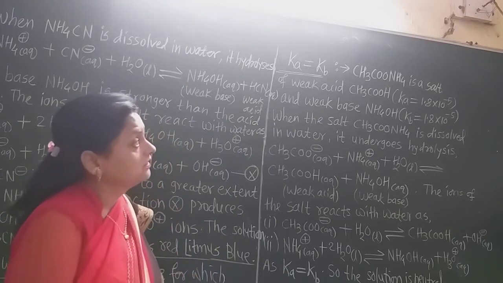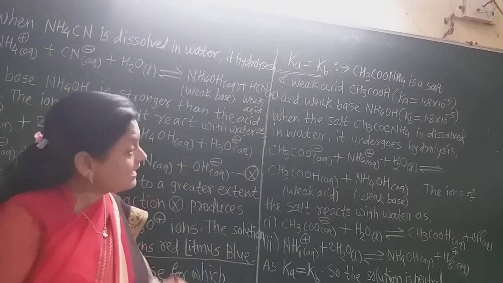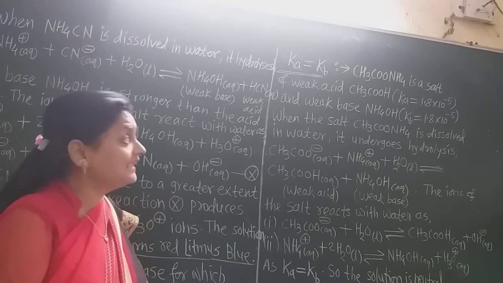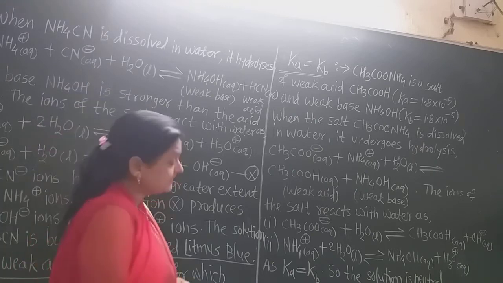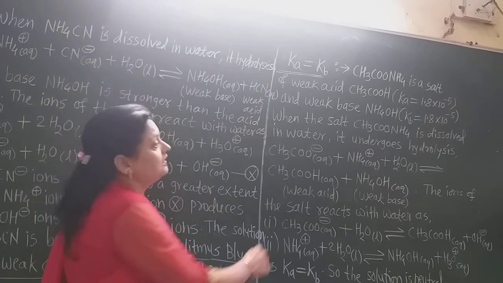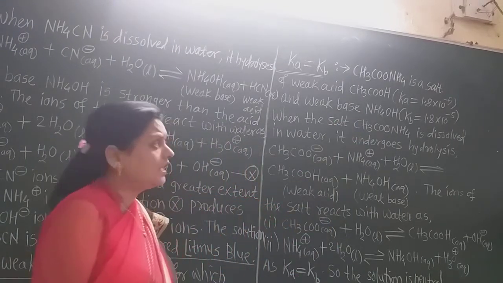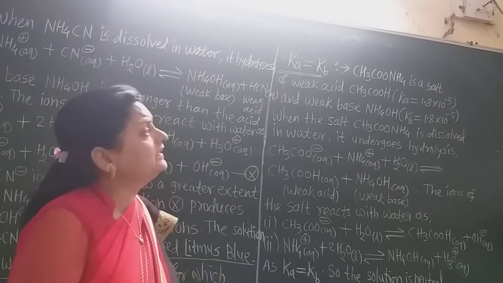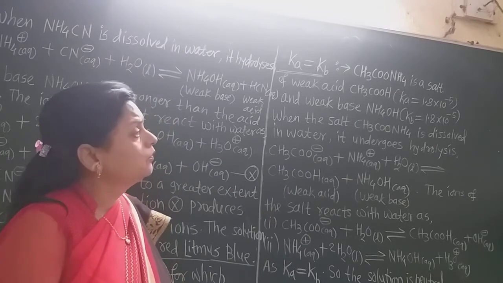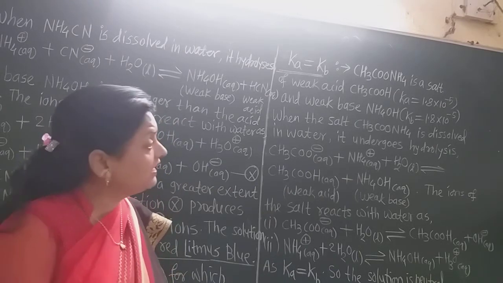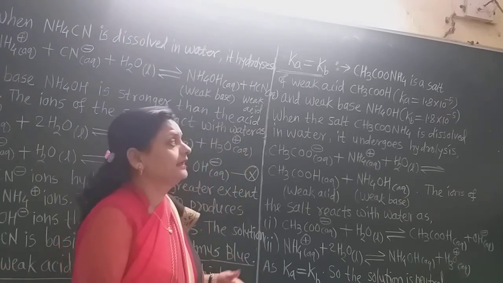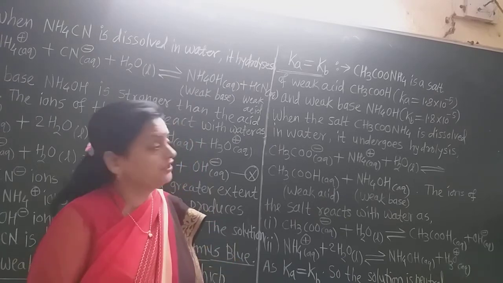Then acetic acid and ammonium hydroxide react together. There is a neutralization reaction, and there is formation of salt, ammonium acetate, and water. The acid gives H and the base gives OH, and there is formation of water and this ammonium acetate. As the acid is an organic acid, we read the salt from the back side, that is, ammonium acetate. In this, both the values of Ka and Kb are equal, and that is equal to 1.8 × 10^-5. Ka and Kb both have the value 1.8 × 10^-5.